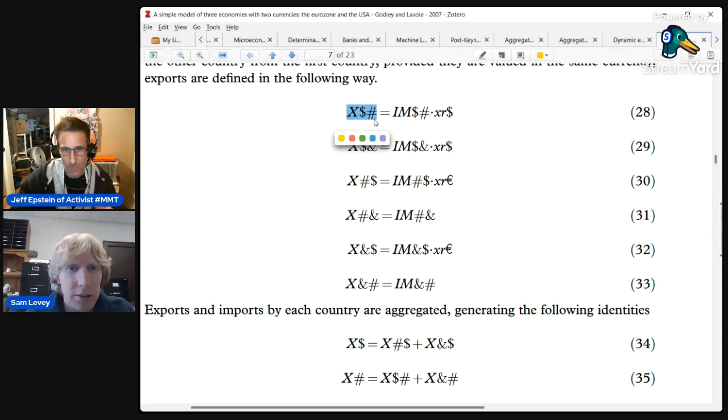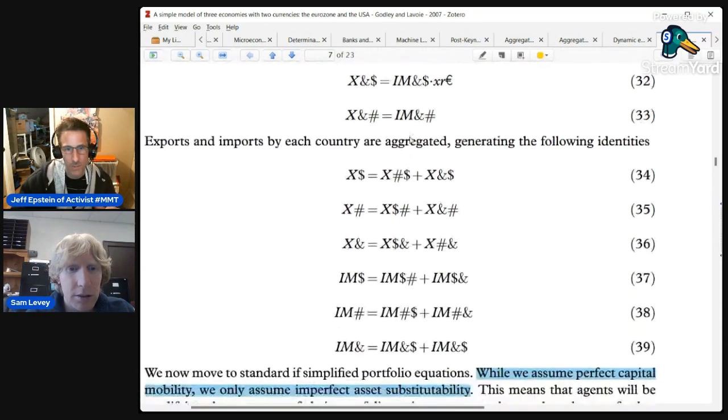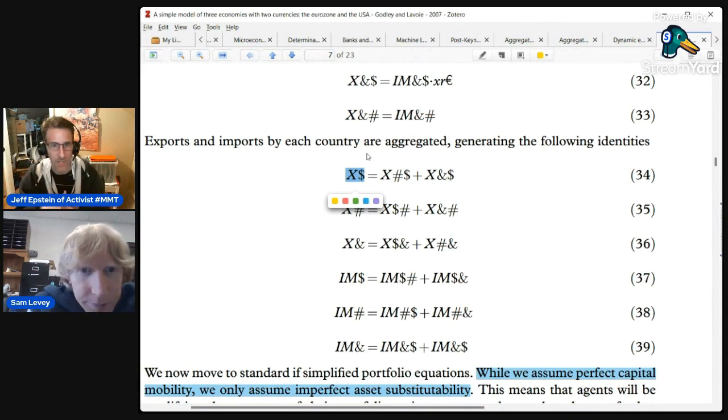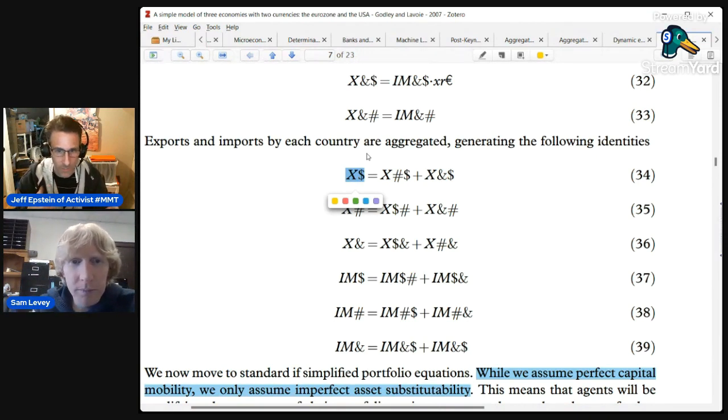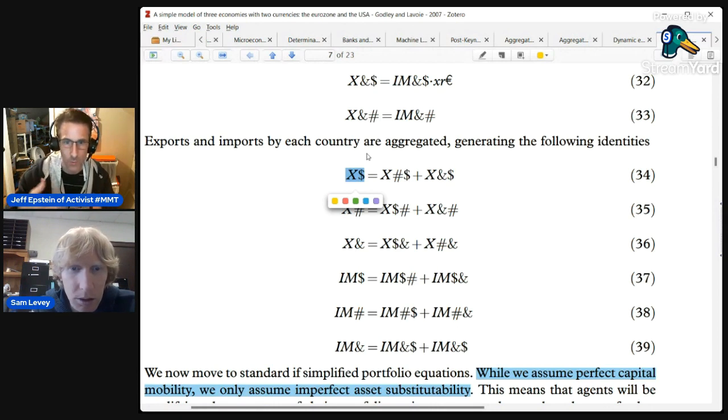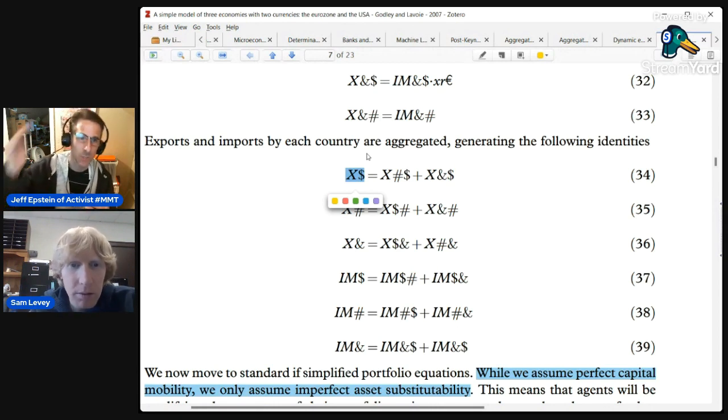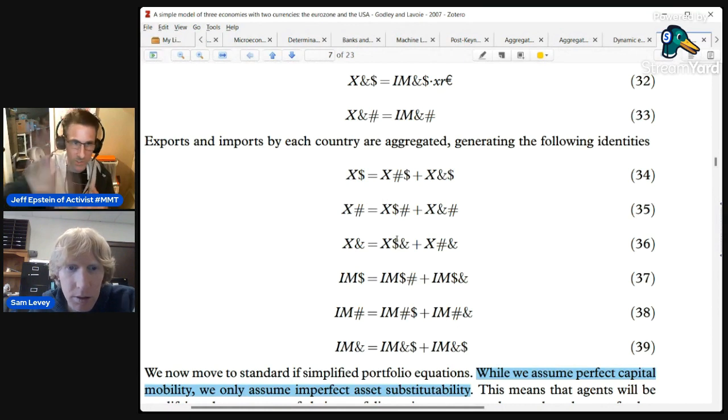Okay. And then down below there is no two there. So the fact that it only has one means that I'm only talking about standing in the United States, and some of those imports came from hashtag, some came from ampersand, and the right side of that still complies to that. Import is I'm in the destination. It's always right to left with those two symbols, just in this particular paper. So, okay, now I understand.